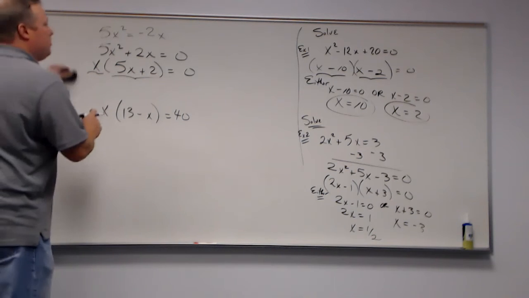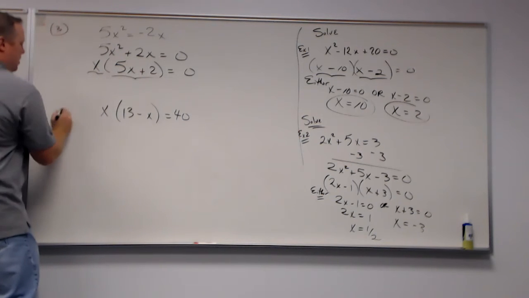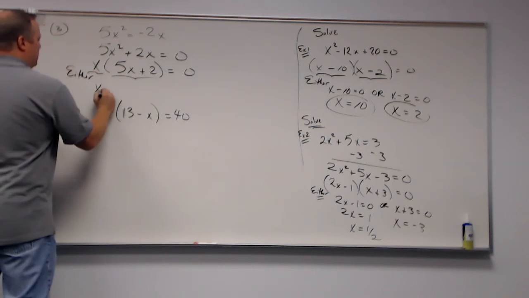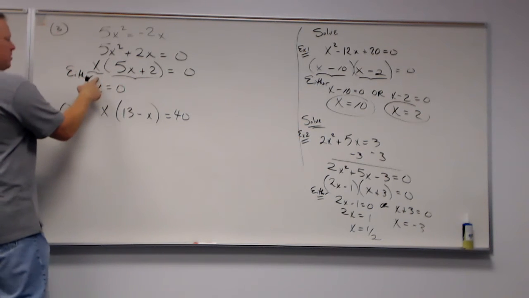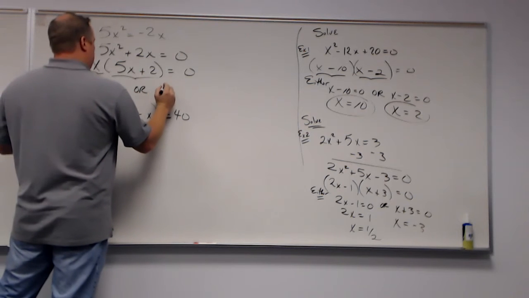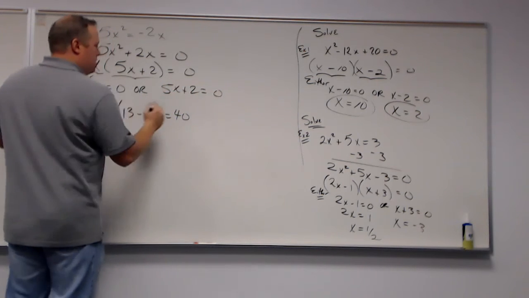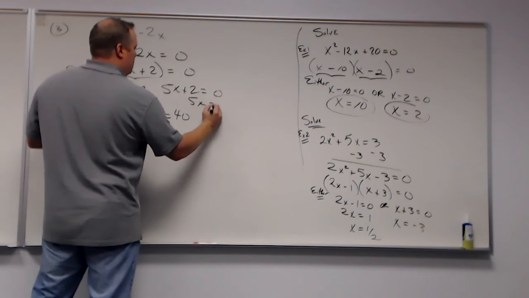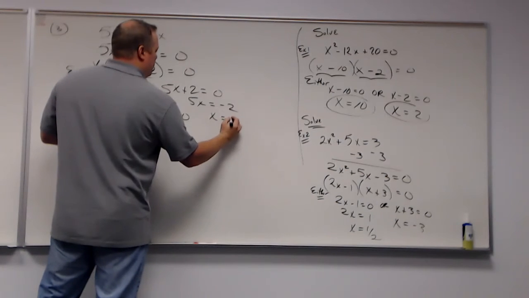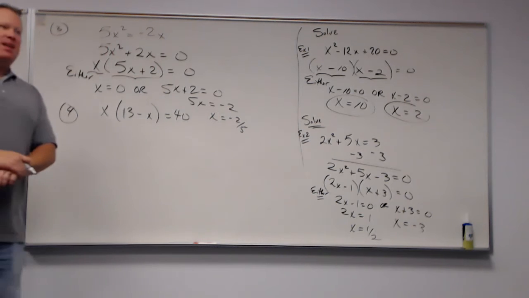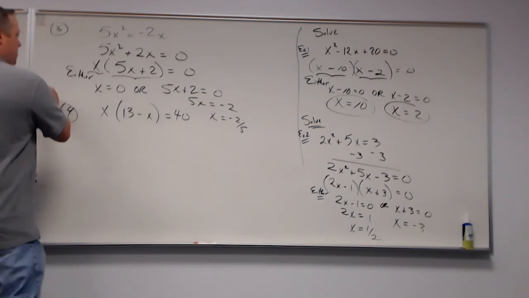My apologies, we'll call this problem 3, this one problem 4. But either x has to equal 0, which is the first term, or 5x plus 2 has to equal 0, which pretty much means 5x equals -2, or x has to equal -2/5. The check, again, I'll leave to you. What about